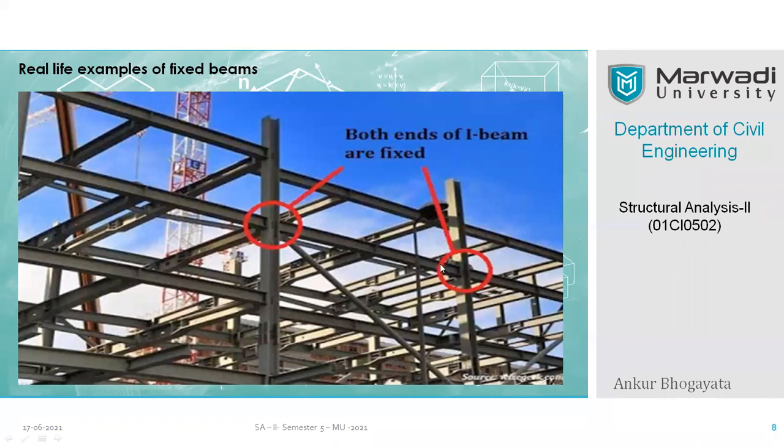Now, when the entire structure has fixed beams only, it is called a moment resisting frame, because you know that the moments are developed only at the fixed ends. It is not possible for them to develop at a simply supported beam. We know that at the end of a simply supported beam, we don't have any active reaction to the moment. We have only a maximum of two reactions.